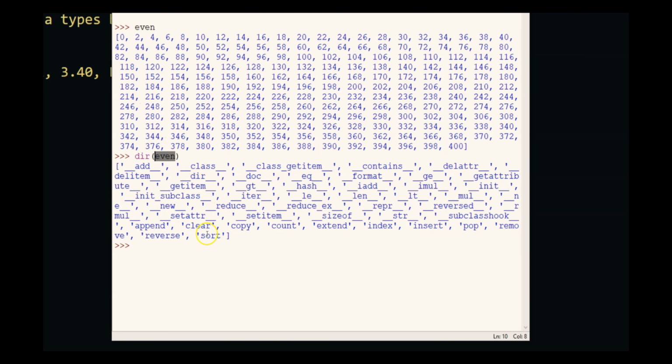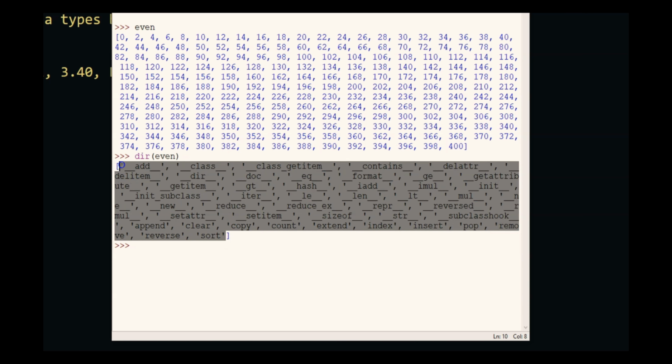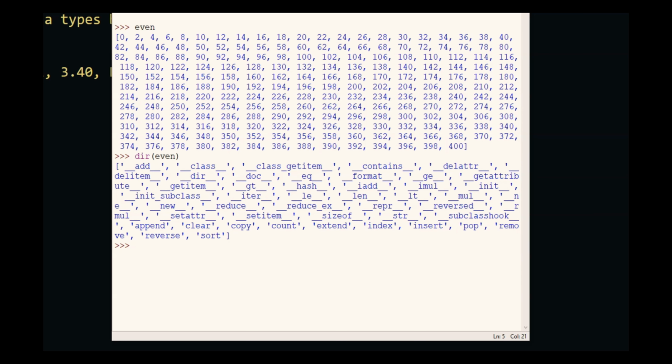So when it comes to even, we can use all of these methods, but there is a different way to use them. The double underscore is when you pass the method, like let's go with length. So length is double underscore. When you see double underscore, you have to pass the list as an object. So these things work on the whole list. So length of even will give you the length of the list. There are 201 elements.